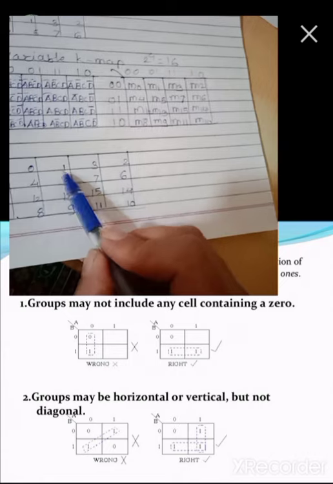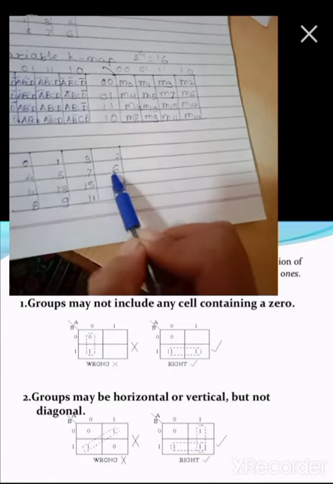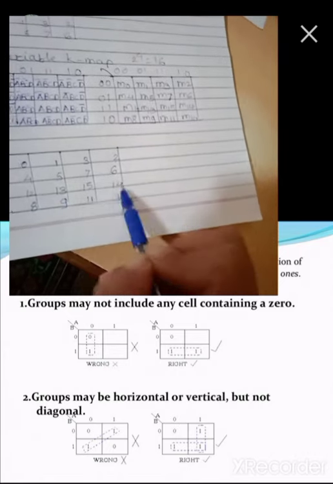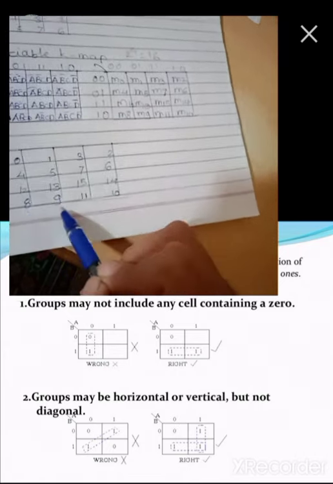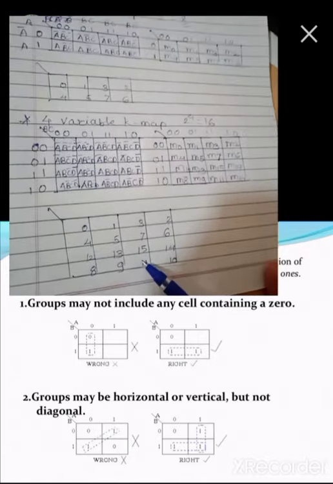So you have to plot the K-map with these house or block numbers only, right? You can check that 0, 1, 3, 2, 4, 5, 7, 6, 12, 13, 15, 14, 8, 9, 11, 10. So these are the block numbers which are fixed now. This is for 2 variable, this is for 3 variable and this is for 4 variable.